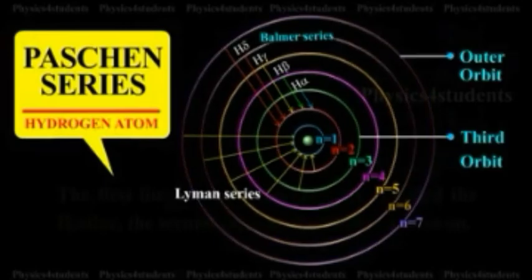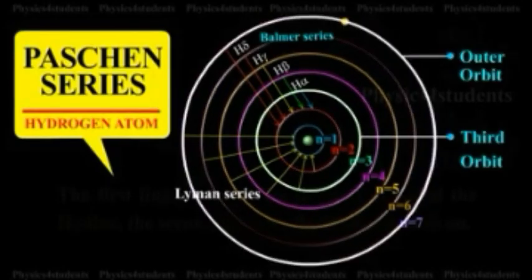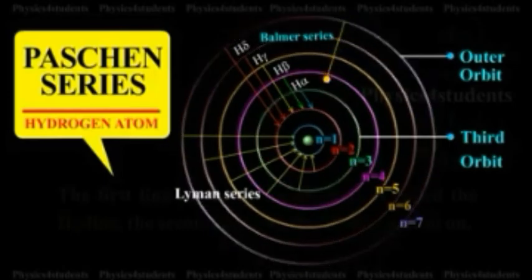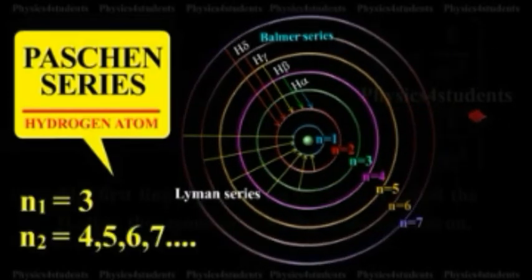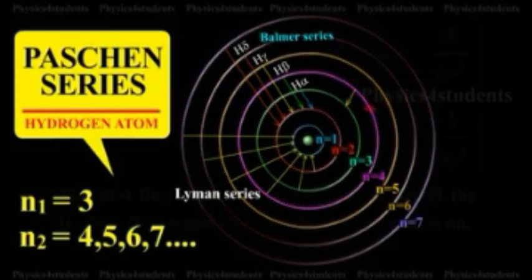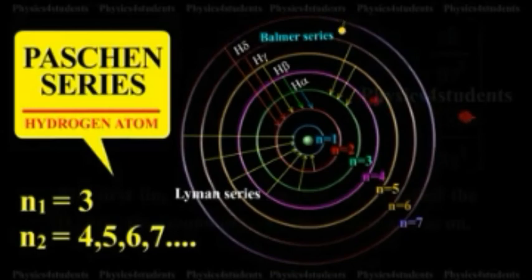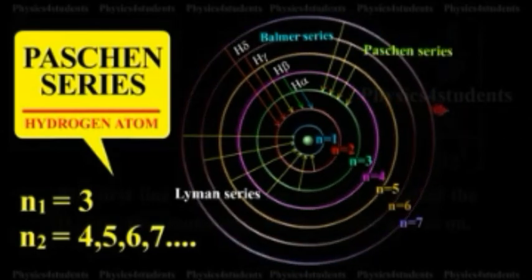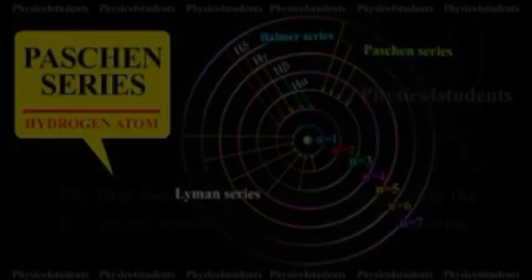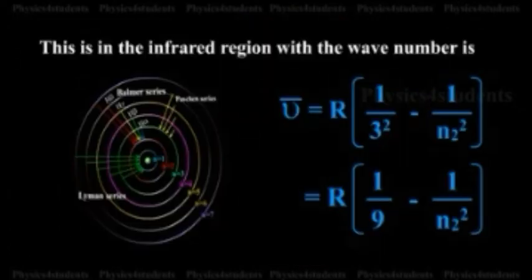What is the Paschen series? This series consists of all wavelengths which are emitted when the electron jumps from outer orbits to the third orbit. Here n2 is equal to 4, 5, 6, 7 and so on, and n1 is equal to 3. This series is in the infrared region, with the wave number given by nu bar is equal to R into 1 by 3 square minus 1 by n2 square, that is equal to R into 1 by 9 minus